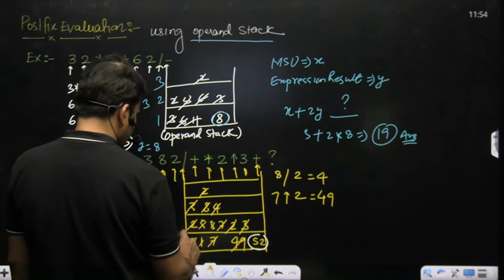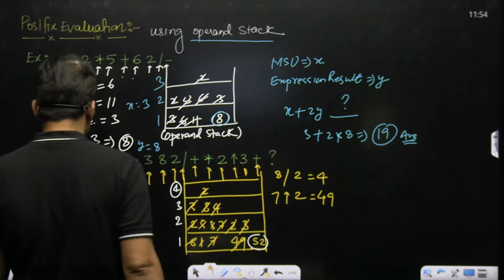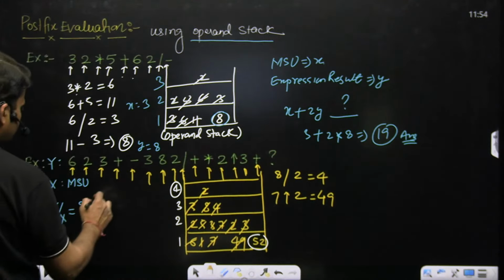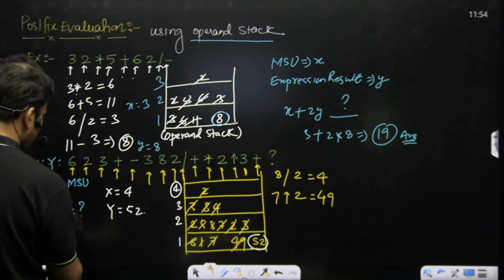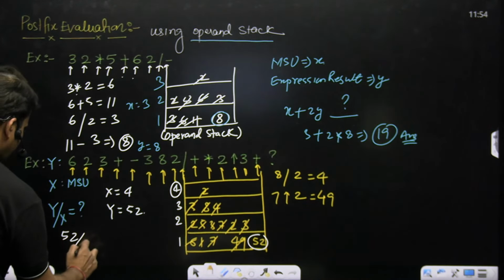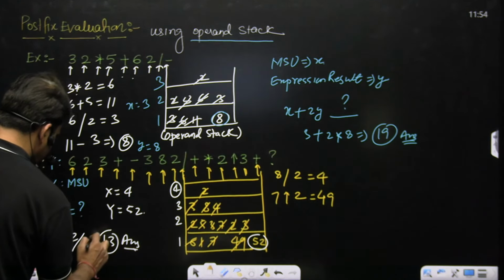Okay. So and MSU equals to what, sir? So हमें पता चला बच्चे MSU कितना है? x इक्वल्स टू 4 एंड एक्सप्रेशन रिजल्ट कितना आया सर 52. y डिवाइडेड बाई x, सर 52 डिवाइडेड बाई 4 इक्वल्स टू व्हाट सर 13. सो 13 इज द आंसर फॉर दिस क्वेश्चन राइट स्टूडेंट।